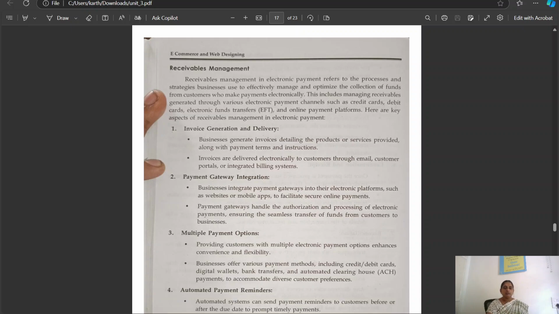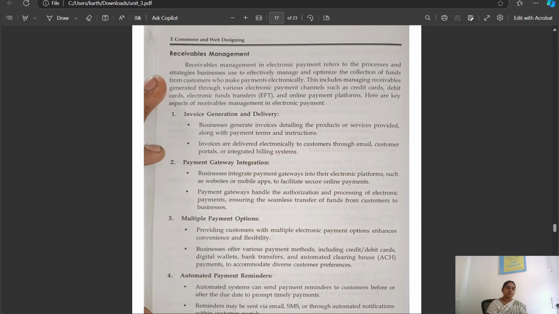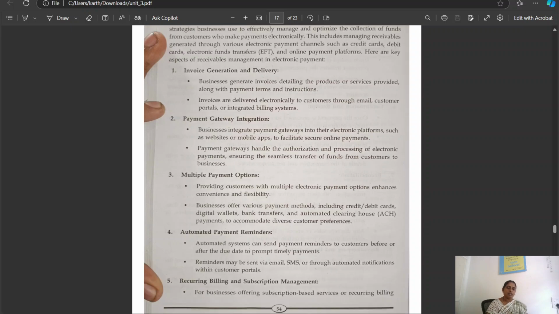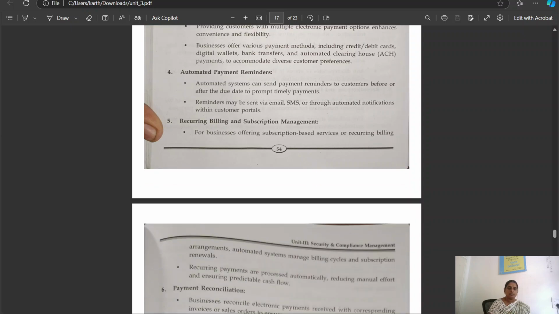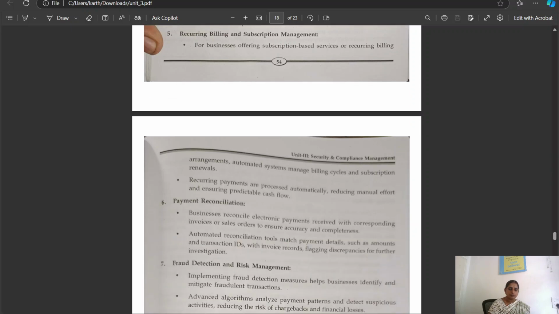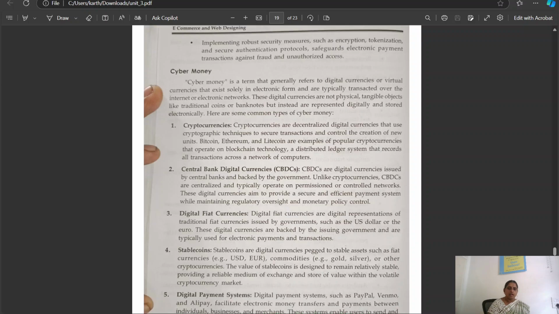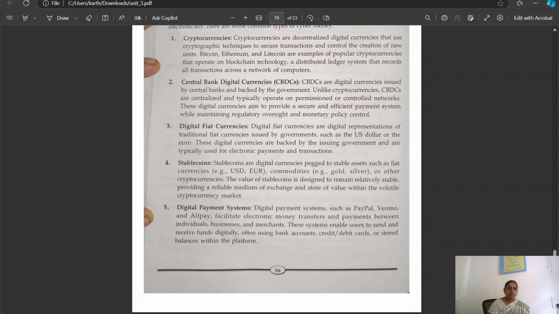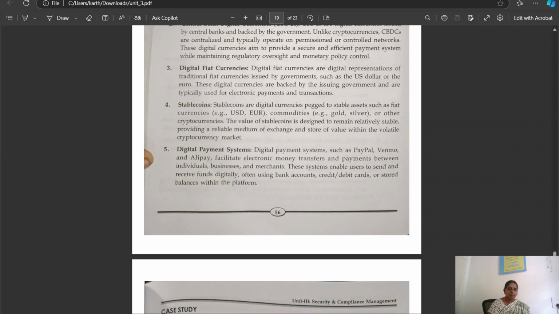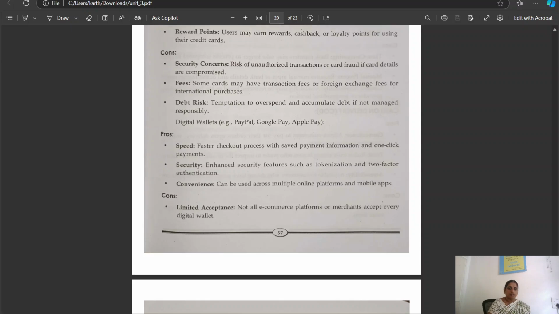And the next one is receivable management. That means after completion of the transaction, we can manage the receivables also with the help of e-payments. The points related to receivable management are invoice generation and delivery, payment gateway integration, multiple payment options, automated payment reminders, recurring billing and subscription management, and so on. And coming to cyber money, it is related to cryptocurrencies, CBDCs, digital fiat currencies, stablecoins, digital payments, and etc. So all these are related to the